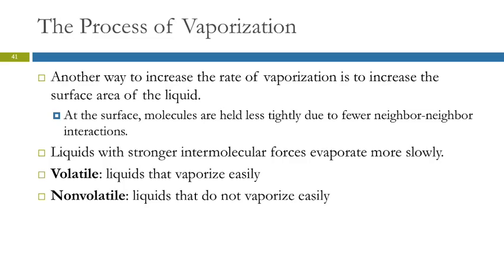The strength of the intermolecular force affects this as well. So that's how strongly the people holding hands are doing so. How strong is their grip? Stronger grip, lower rate of evaporation. So we've seen this word volatile before. Volatile describes a liquid that vaporizes easily, so probably has weak intermolecular forces. Non-volatile is a liquid that does not vaporize easily. Those are relative terms.